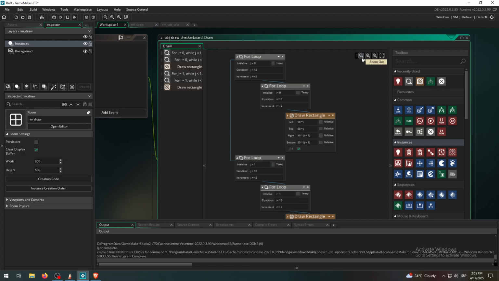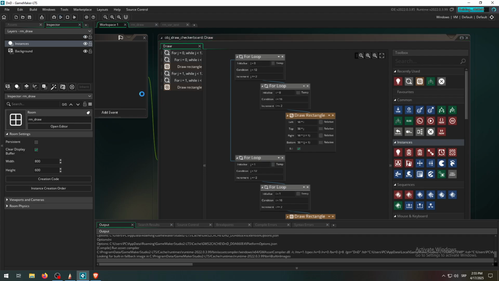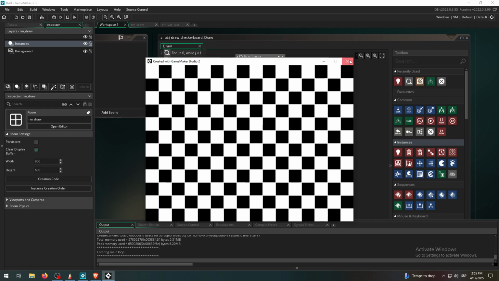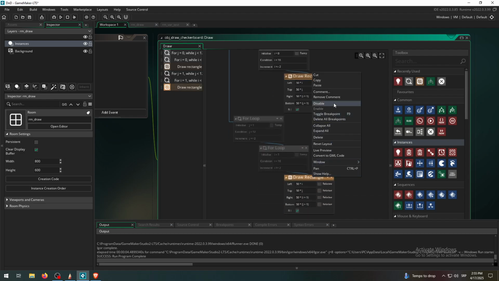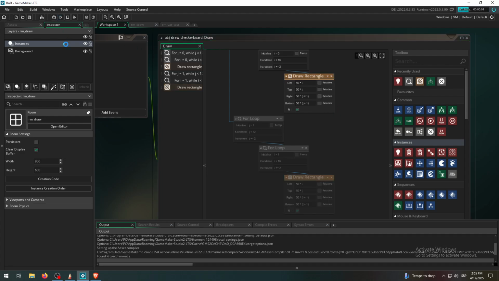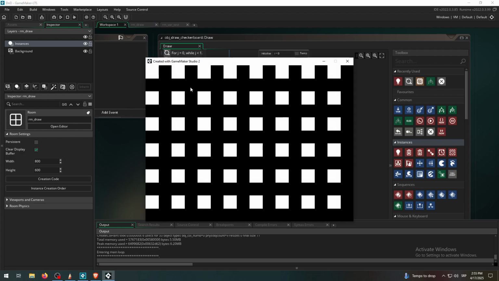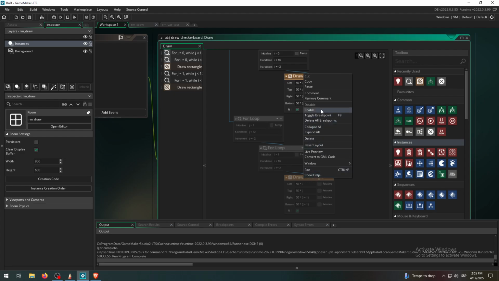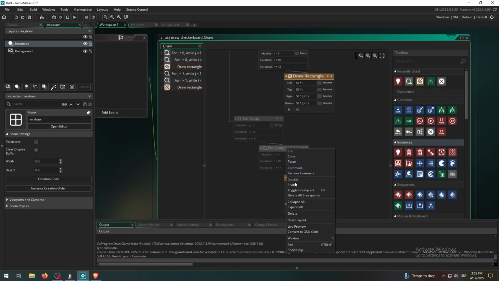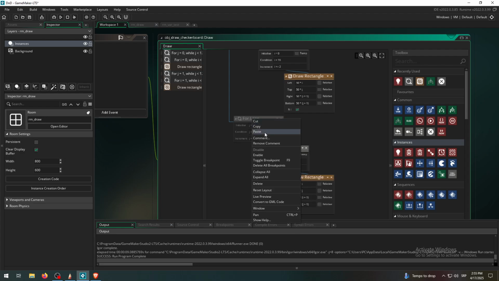So instead of these squares, you can, for example, just disable this one and create a row of turrets or towers like this for your game, where your player has to go around them and so on. So what I want to say is, possibilities are endless. We have just used some kind of block for drawing, but it doesn't have to be